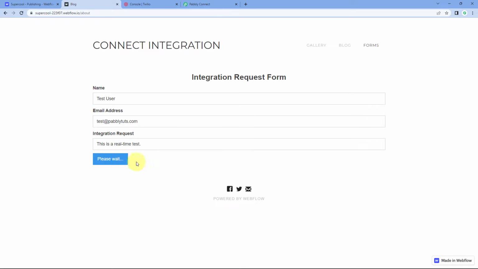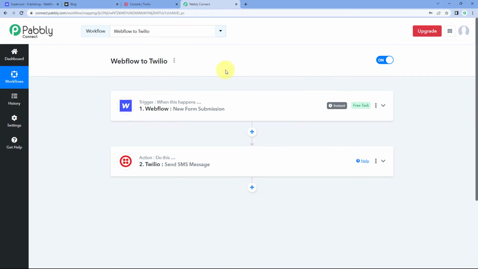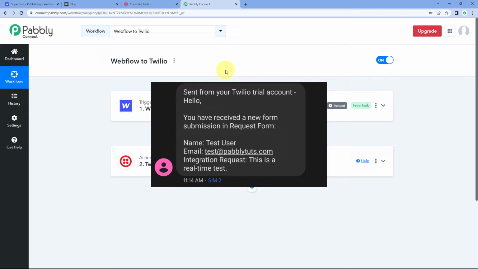Let's click on submit. As we click on submit, here you can see that just now we have received a new form submission in Webflow. And we will see instantly, within a few seconds, we will get the SMS notification with the same form responses on our number. And yes guys, here you can see that just now we have received the SMS notification which says,